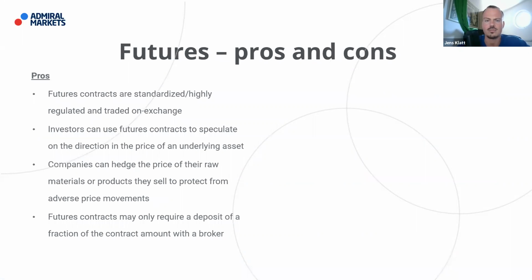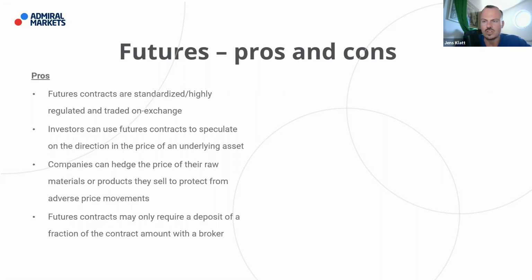So we want to look at pros and cons. When you talk to traders, especially professional traders, bigger traders, you usually hear, well, there's no way to trade a product other than a DAX future, for example, or the future on the S&P. And this is mainly due to the fact that future contracts, all the ones I just mentioned, and all of those beyond that, are usually standardized and highly regulated and traded on exchange, in fact.